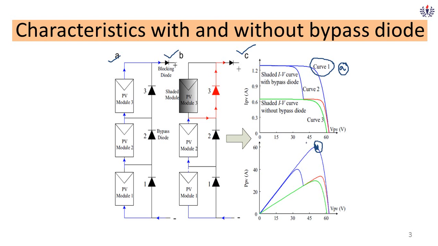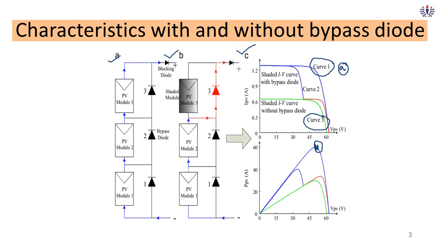Similarly, let us take case 2, curve 3. What I am doing is shading one PV module. Module 3 is shaded, and the other 2 modules remain at the common position. Regarding the influence on the shaded PV, the fundamental rule of electrical engineering is that in a row or a particular line there will be only one current. So this is a single loop. In this loop, all 3 modules are connected in a single line, plus minus plus, in series connection.